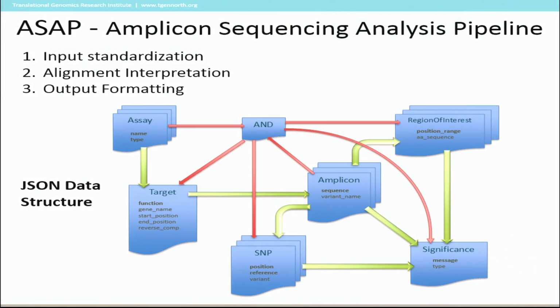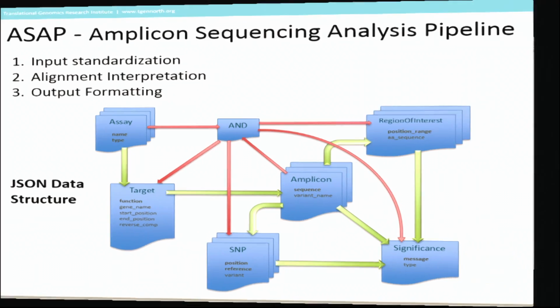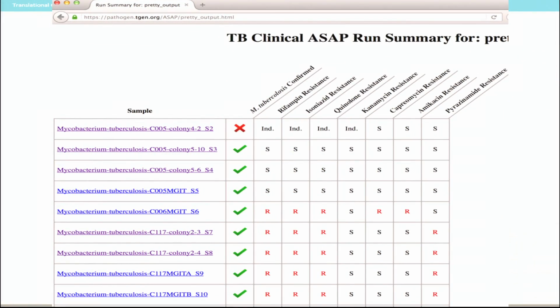We've developed a tool called ASAP, the Amplicon Sequencing Analysis Pipeline, because I think the one thing that really prevents NGS, or next-gen sequencing, from getting into clinical labs is the fear of the data. And so what we've developed, and don't worry about the schematic, is a pipeline that standardizes all the sequencing reads that are coming in, aligns them appropriately, interprets them for the mutations that we're looking for, and then produces a very easy to use, easy to read output that could be formatted for surveillance purposes,